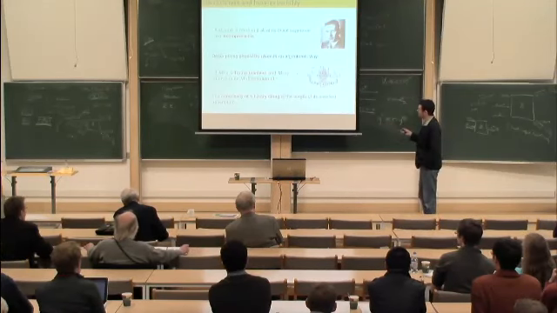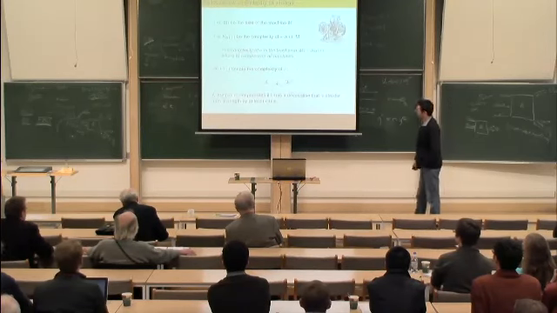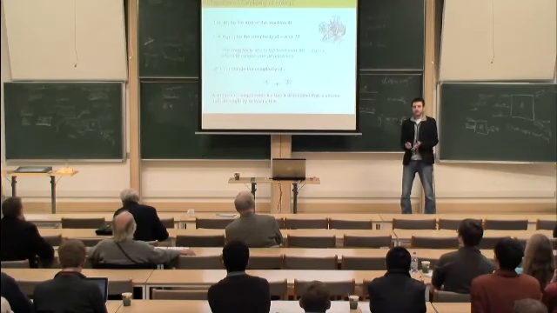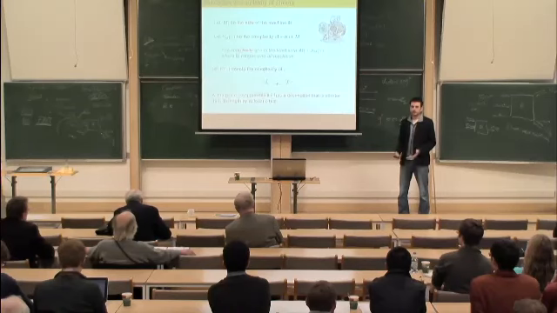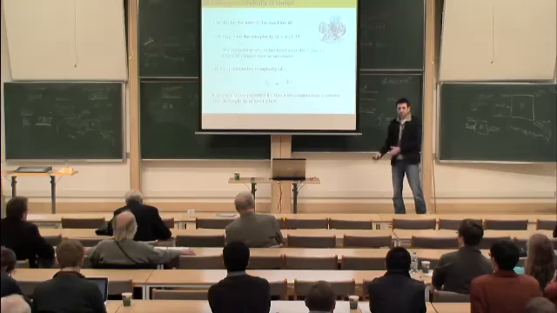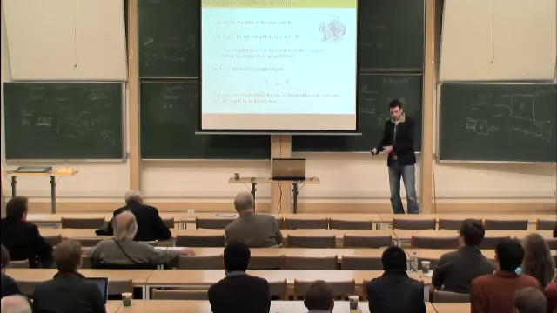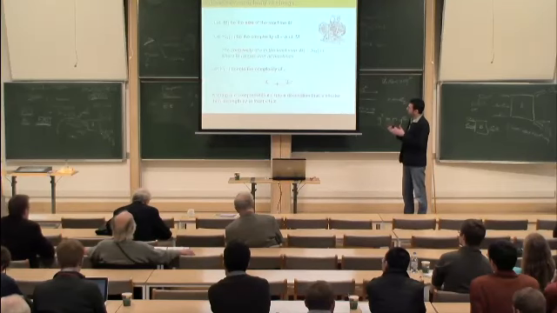So this obviously depends on the machine. One way to get rid of this dependency is, first of all, to realize that any string can have a very short description if you choose the right machine, because you can hardwire the string into the machine, and then it trivially gives a short description of that string. But if you do that, you will increase the size of the machine, if the string you're trying to describe is really complex, because you're hardwiring the sequence into the machine. So you have to consider the size of the machine.